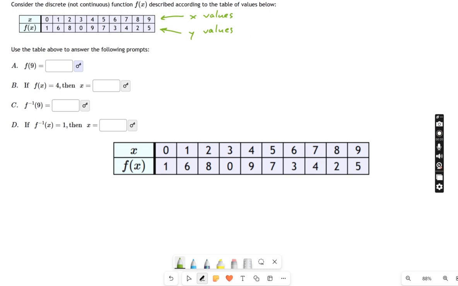And then we go one step further, and I say, if x equals this, what's y? If y equals that, what's x? So let's try this first question right here. And I'm going to rephrase this to say, if x equals 9, what is y? That's essentially what this is asking. It's saying I'm going to give you an x value, and you evaluate it using this table to find the y value. So all we do is we go into our table right here, find the x value that we're talking about, and look up the corresponding y value, the coordinate point that matches it. So that's going to be a y value of 5.